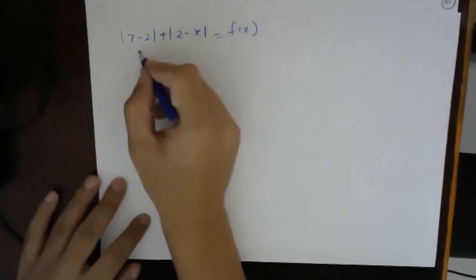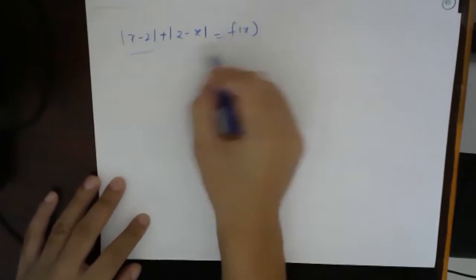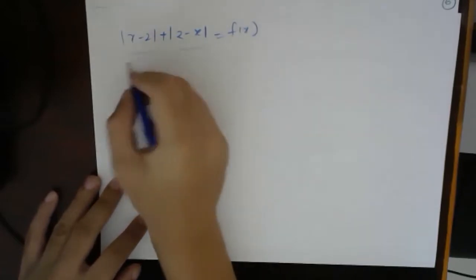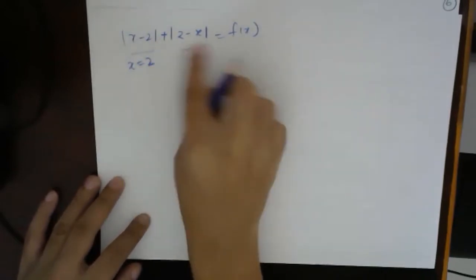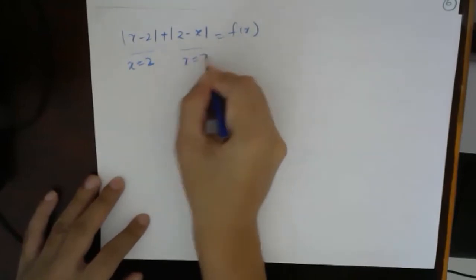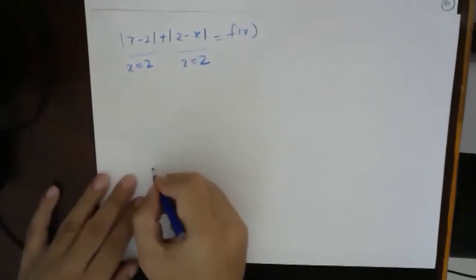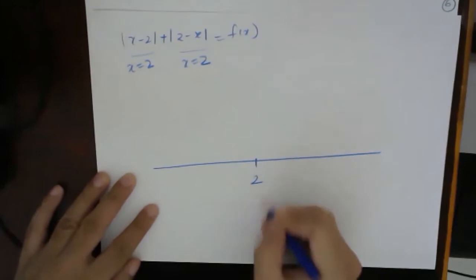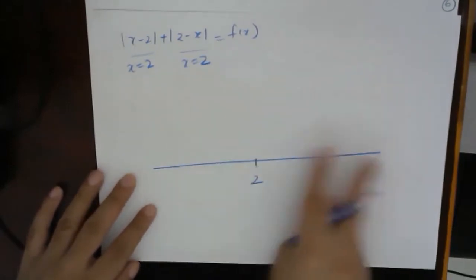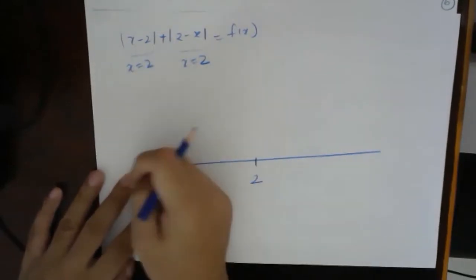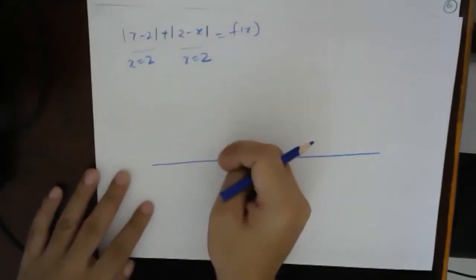Yes, very good. So for this one, I will find it is 0. For this one, I will find this is 0. So this is 0 at x is equal to 2, and this is also 0 at x is equal to 2. So those both points are exactly the same. So we'll get only 2 divisions. Let's look at the first division.